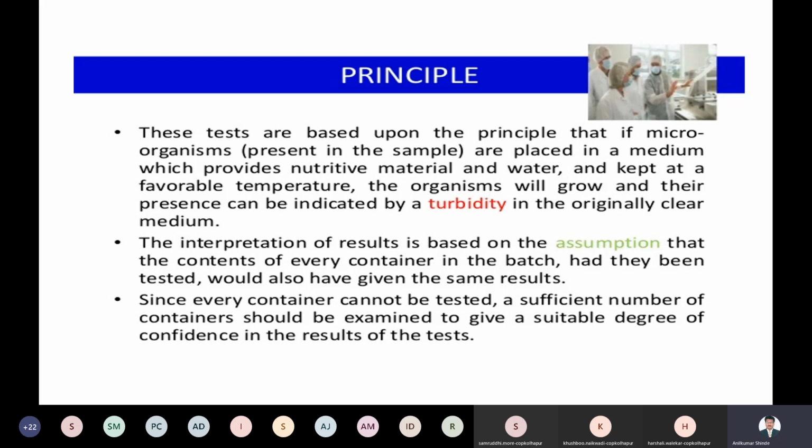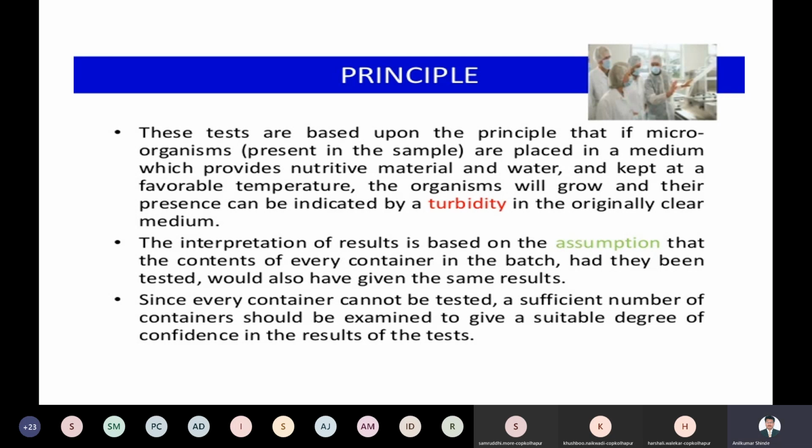So the principle of sterility testing. We have already seen that there are different microbiological tests. We have already seen the disinfectant solution, whether these disinfectant solutions have antibacterial or disinfectant activity or not. So how to check it, right? We have seen the dilution method or serial dilution method, or you can use the plate count method, or the slant method. Different methods can be used. Whether your formulation is contaminated or not will be tested with the help of microbiological testing.